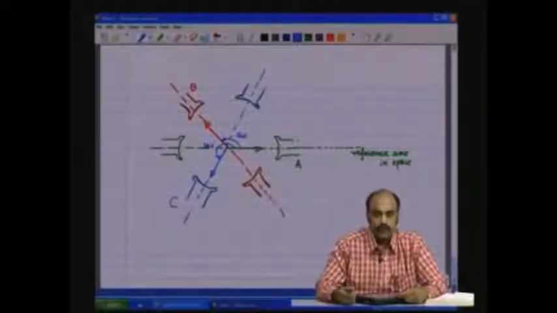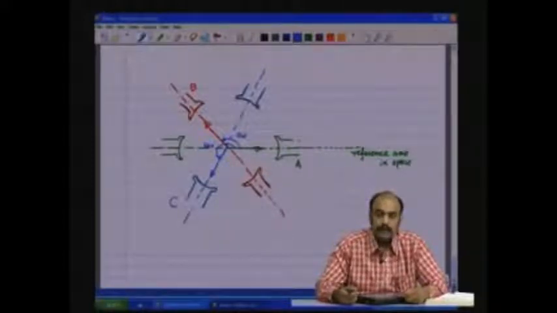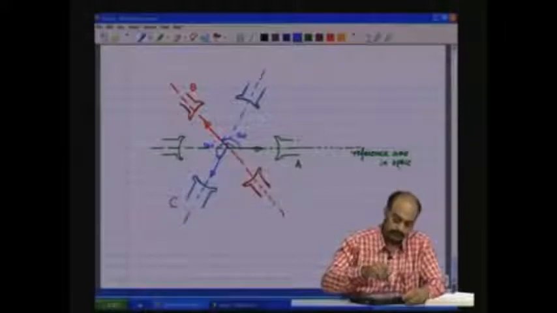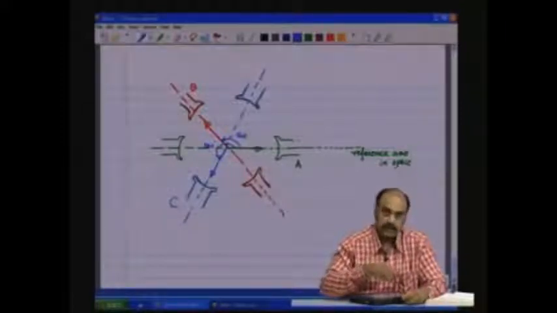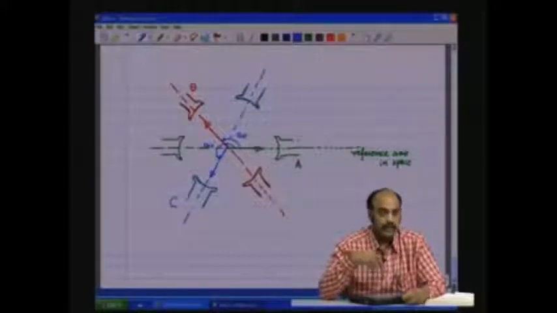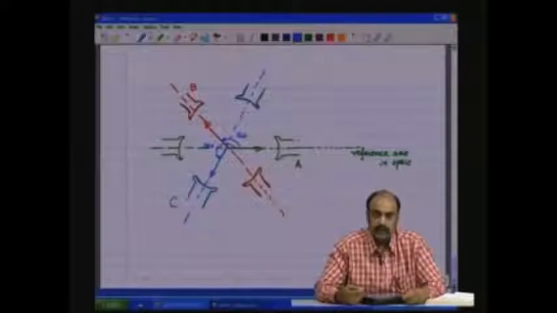So, we will see how we generate this rotating flux with the means of the three phase currents IA, IB, IC passed through this stationary pole axis as shown here to generate a rotating flux. We shall discuss this further in the next